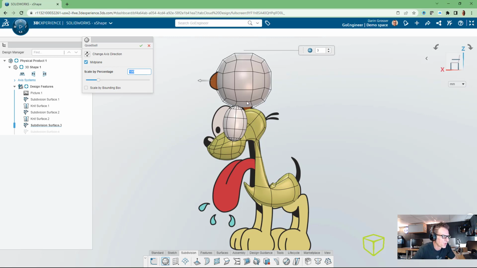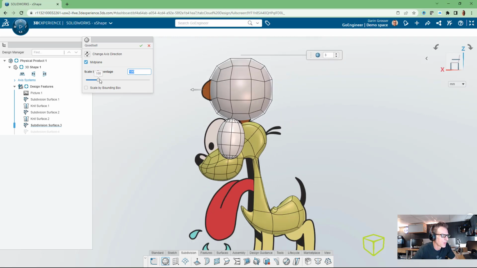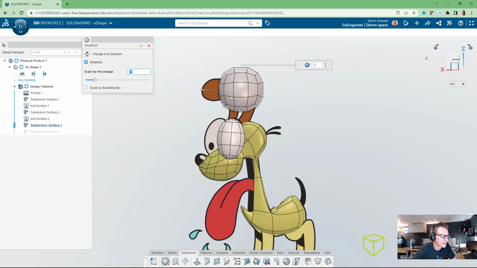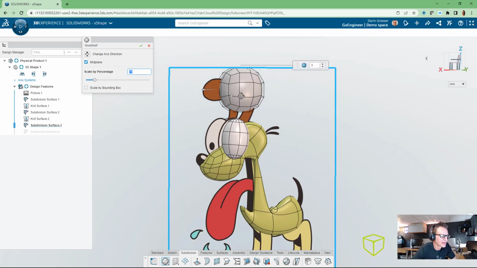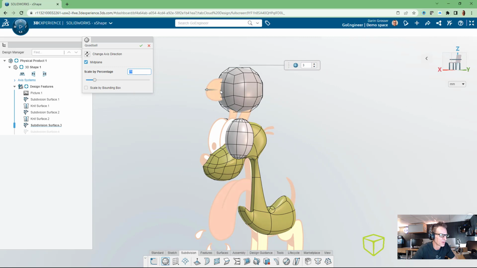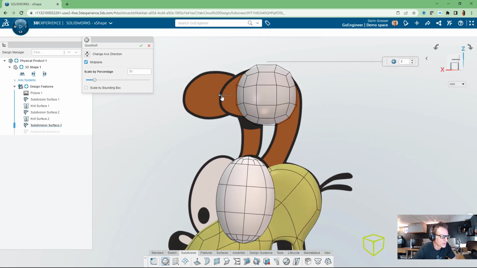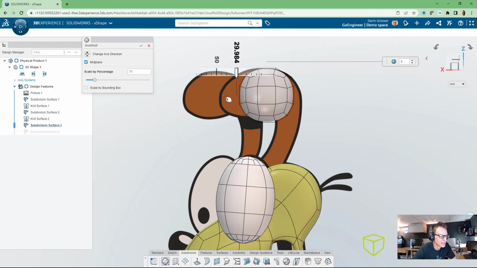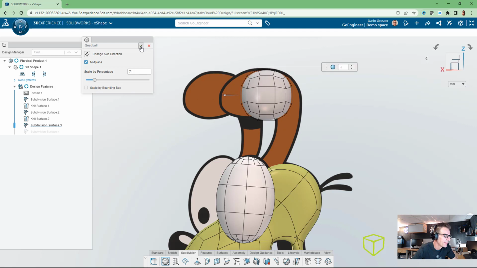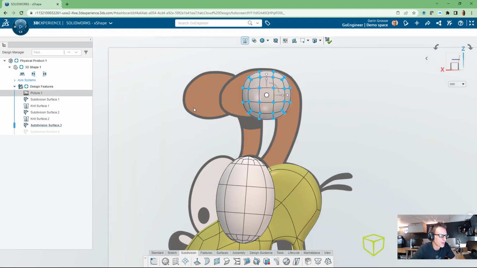Now for this particular quad ball, we're going to change the scale of this quite a bit. I'm going to narrow that down quite a little bit. The fact that it is a ball makes it a spherical item, so I only have the one size that I can really manipulate. So as we're looking at this from the side, I want to get that a little closer to what we're looking at when it comes to the overall position here. But at the end of the day, I'm just going to say okay to that